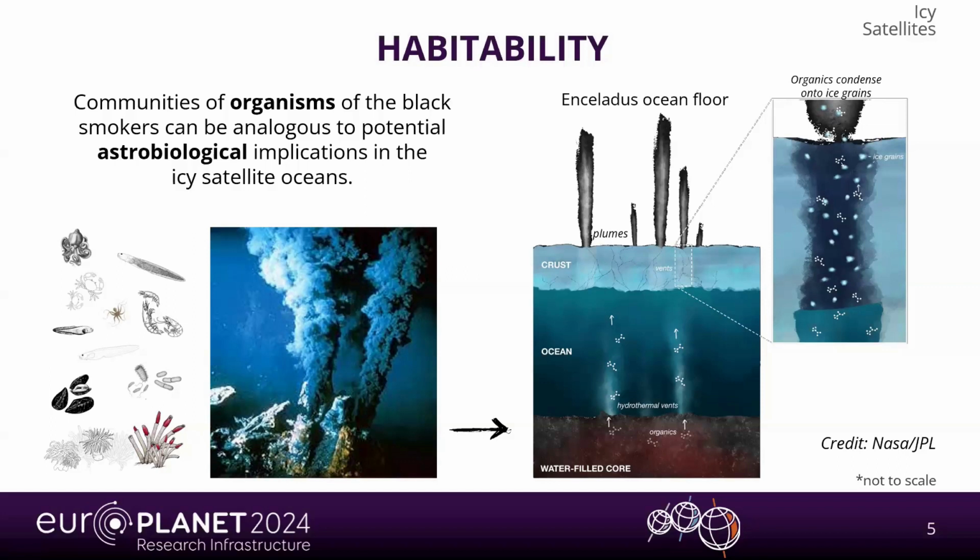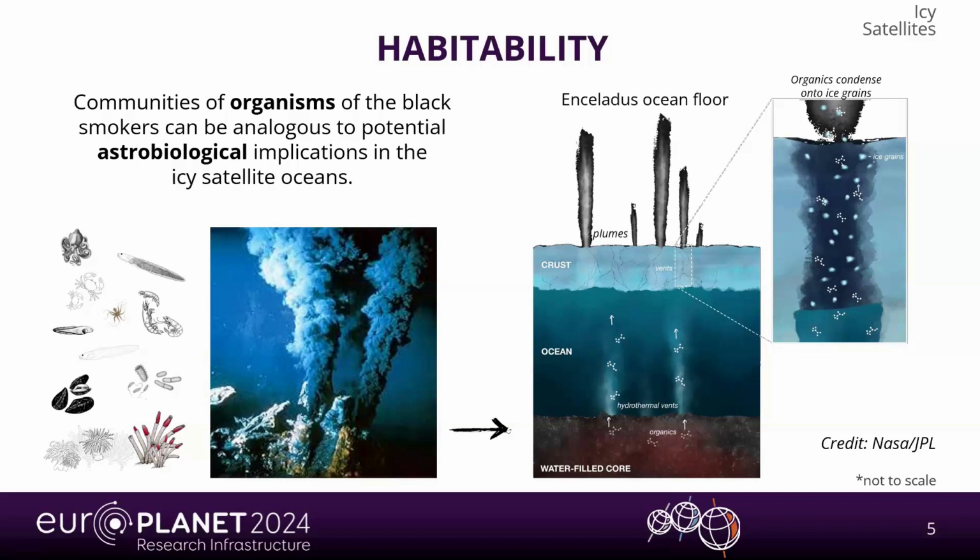Icy satellites, as I said, those that have the ocean in contact with a rocky mantle, for instance, Enceladus or Europa, where at the ocean floor it is possible that features similar to hydrothermal vents can heat and enrich the water with compounds that make possible a potential development of primitive life or